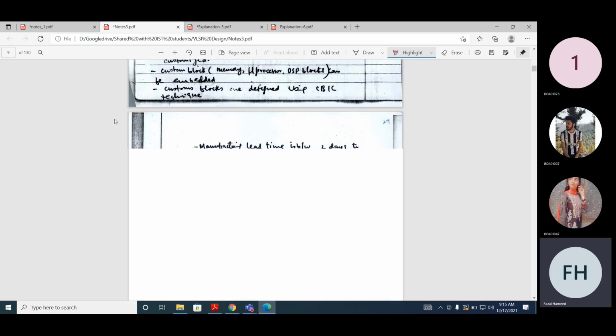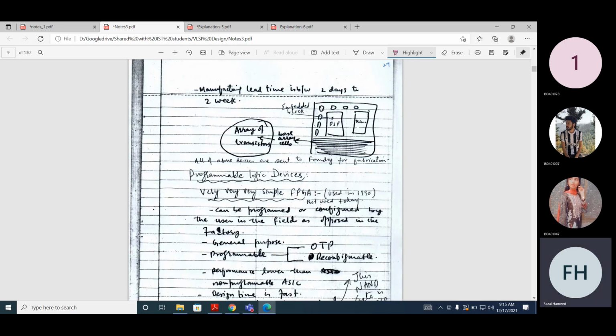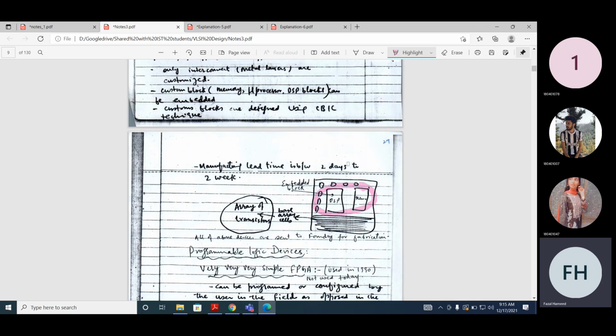So in this case, you can also prefabricate logic components. These logic components can be a complex microprocessor. It can be a DSP block. It can be any kind of block. And you can also fabricate memory in advance.